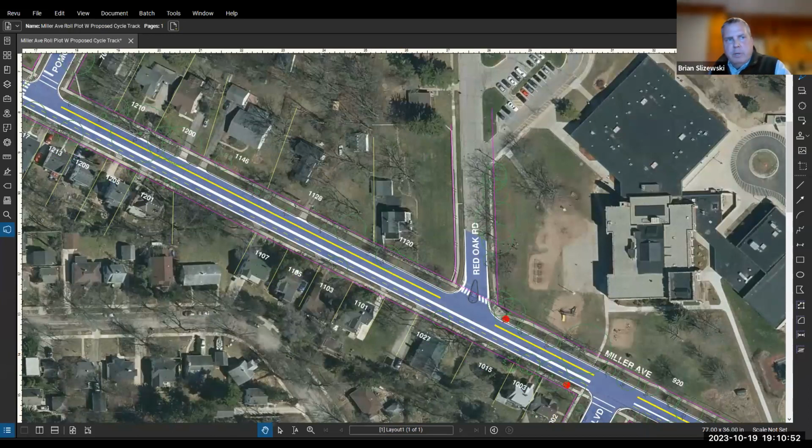I'm not sure what we can do with that, but it's kind of a circle that we did put on the plans to see if there is some way that can be improved to help with the sight distance. Again, if you're coming south on Red Oak and you get to that intersection, being able to look to the right and see those vehicles coming. So if there's any type of geometric tweak we can do to that intersection to help that out, I think we're going to take a look at that.